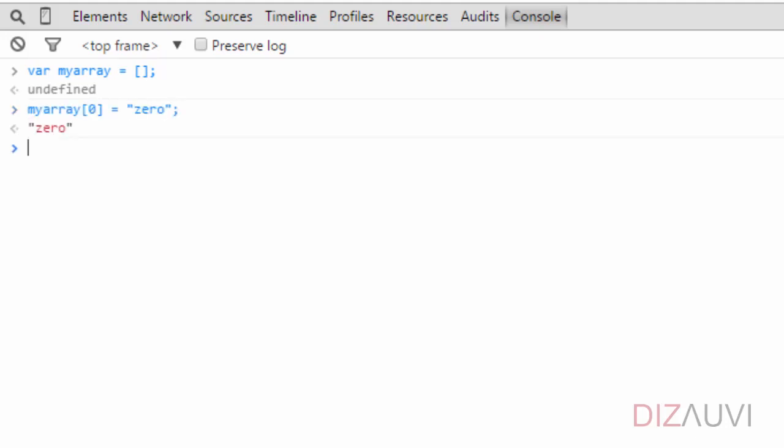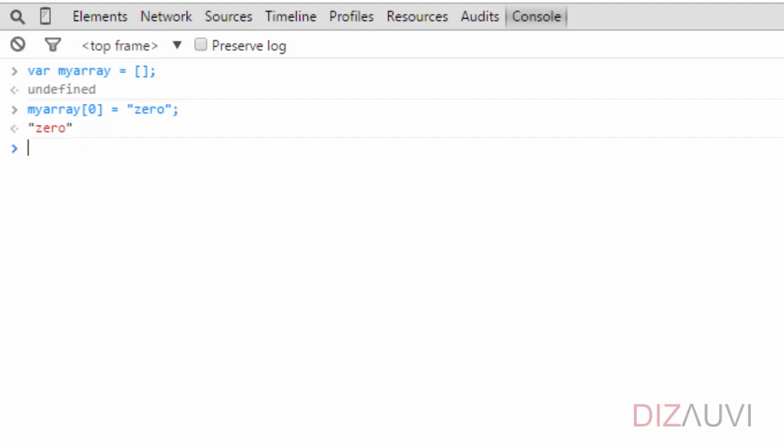Alright. So now the size of the array has increased from 0 to 1 because there is one element in it now. So the first difference here is that we need not specify the size of the array when creating it. The array can grow dynamically as and when we add elements. Alright. Another difference from traditional arrays is that the type of the elements need not be the same.